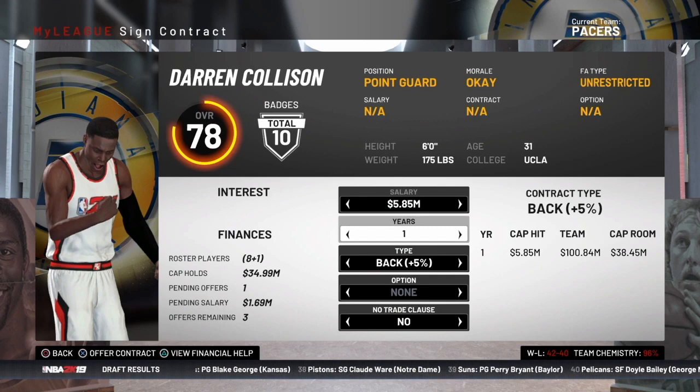The other thing about cap holds is that the cap hold amount, like in the case of Collison, was like $12 million, but that doesn't mean that's the final contract amount. You can negotiate a contract with that player that might be more or less than the cap hold amount. The cap hold is just a set amount that's put on as a placeholder to prevent you from using that space on a free agent that's not on your team